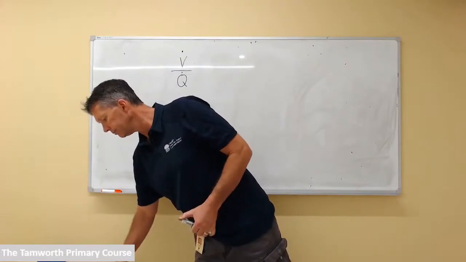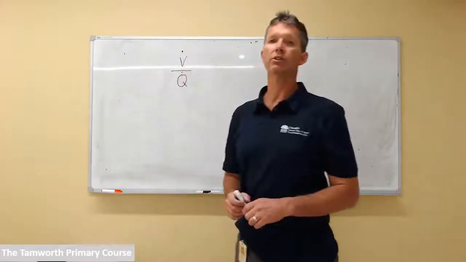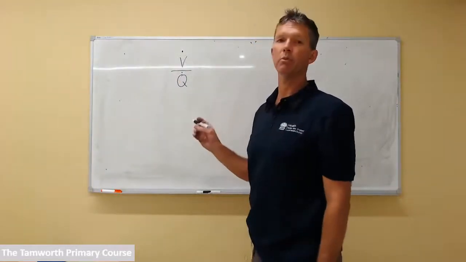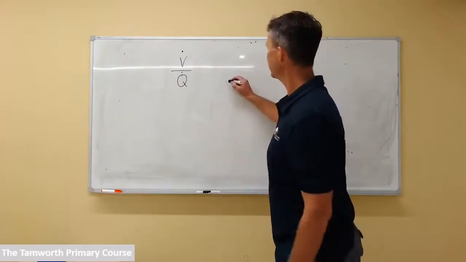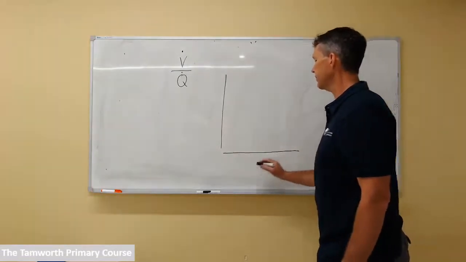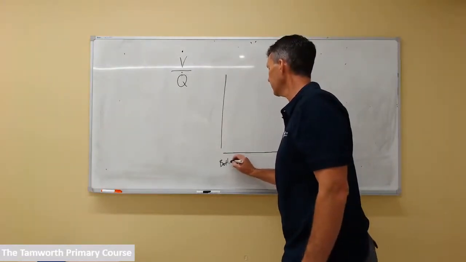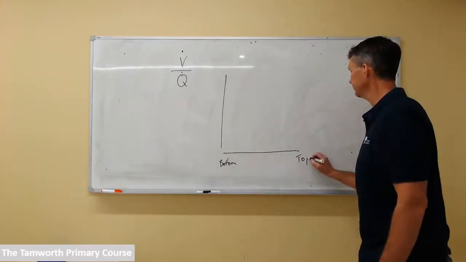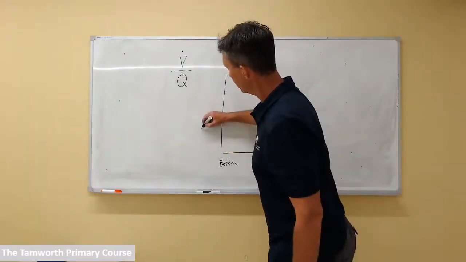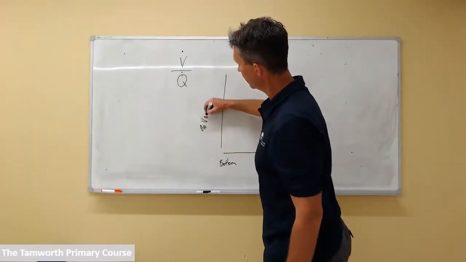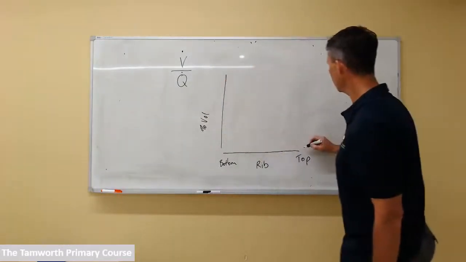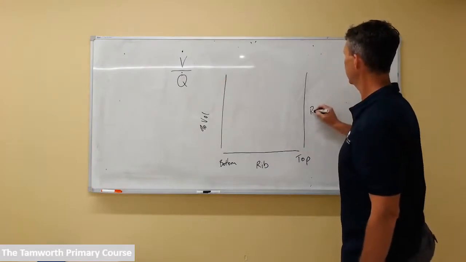In the upright lung, how does the VQ ratio change? The VQ ratio changes in an upright lung in a predictable manner because of gravity. It's best described in a diagram that relates depth of the lung near the bottom of the lung and the top of the lung with rib number, and the percentage volume of the lung as a proportion. And we can also relate VQ ratio